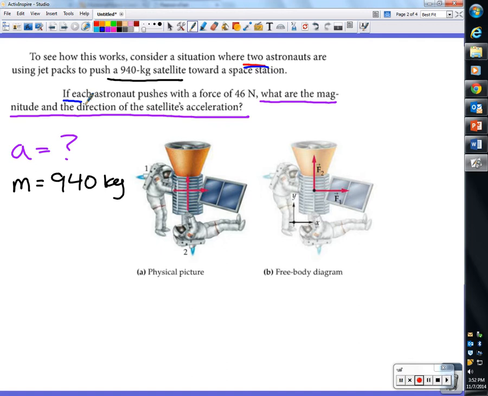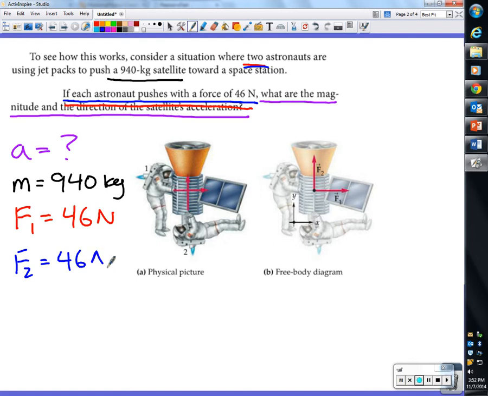It says if each astronaut pushes with a force of 46 newtons, what are the magnitude and direction of the acceleration? So here we have 2 forces. One coming from astronaut number 1, and 2